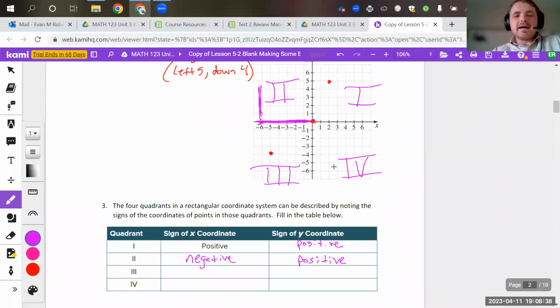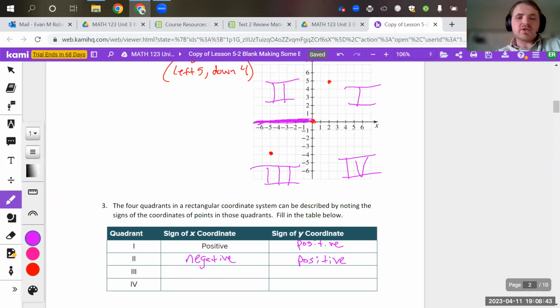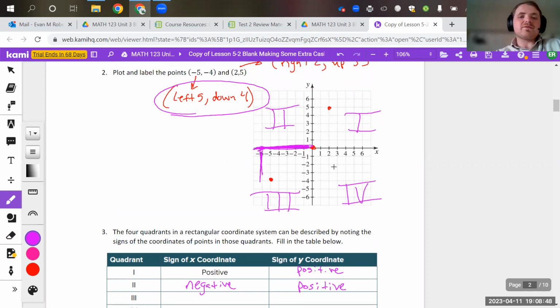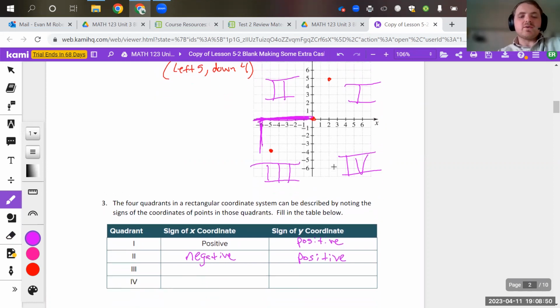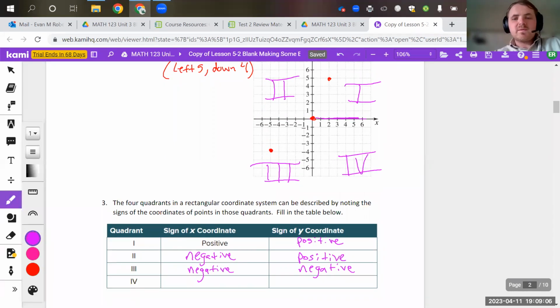For quadrants 3 and 4, again, you have to go left to be in quadrant 3, and you would have to come down. Left and down are both negatives. So in quadrant 3, the X value has to be negative, and the Y value also has to be negative. And lastly, if you're in quadrant 4, you have to travel right, which is a positive direction, and you would have to travel down, which is a negative direction. So it would be positive